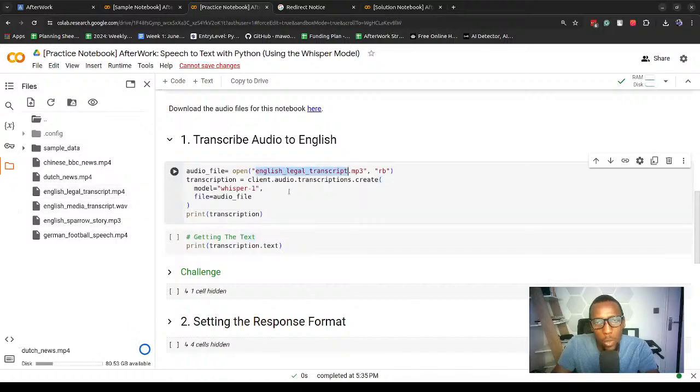So this is the one that we have. Actually, the MP3 one. So this is the English Legal transcript. Actually, it's an MP4. By the way, I had forgotten to also mention that we need